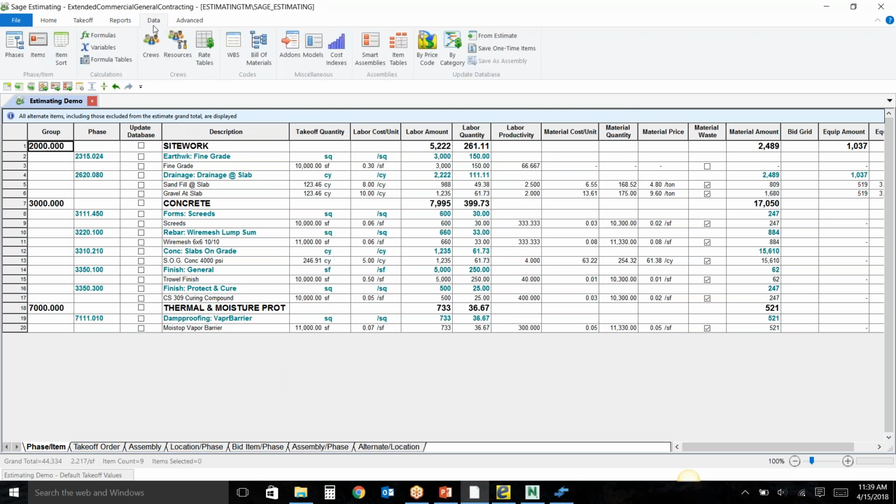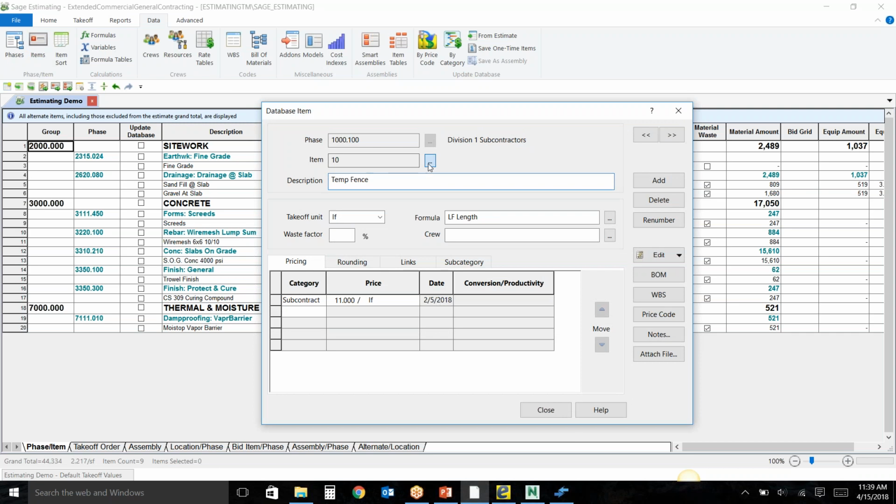And our last tab that we have here is our data tab. Our data tab is where you would go in and manipulate the database. What do I mean by that? So when we take a look at our database,